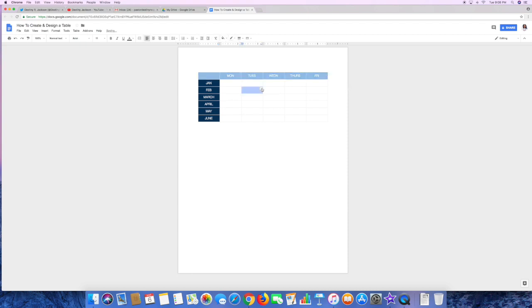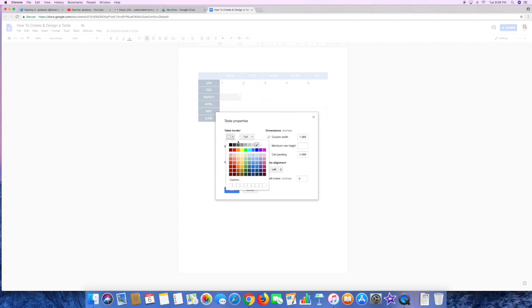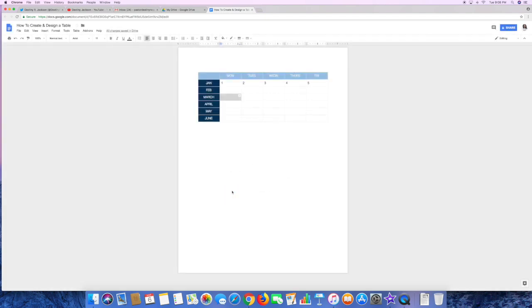Okay, so look, that looks pretty cool, doesn't it? Now look at this. This looks really awesome. Now let's just say we wanted to fill this right here. We can even take this table and remove the lines, and we have something that looks like this, which looks quite amazing,